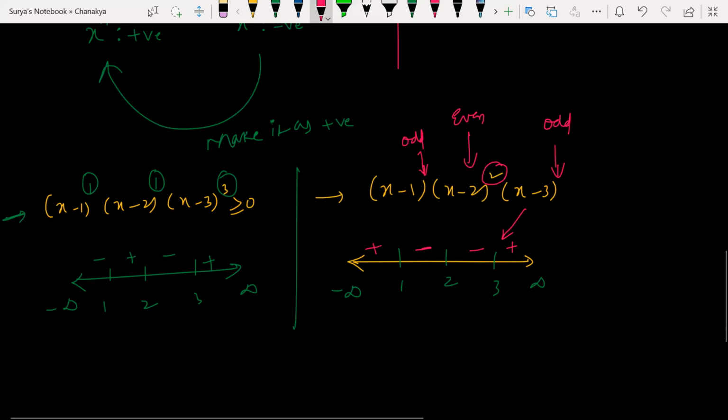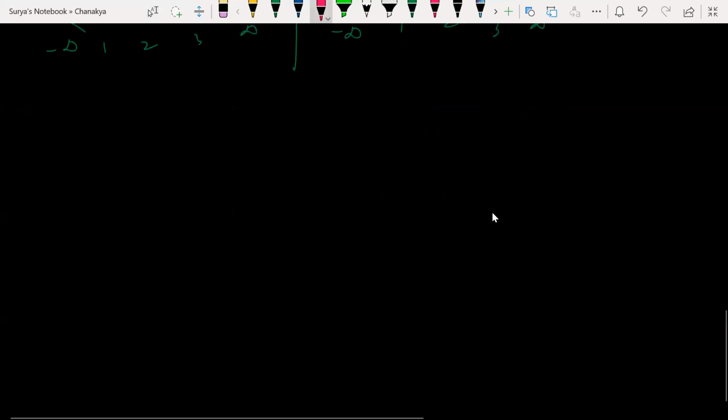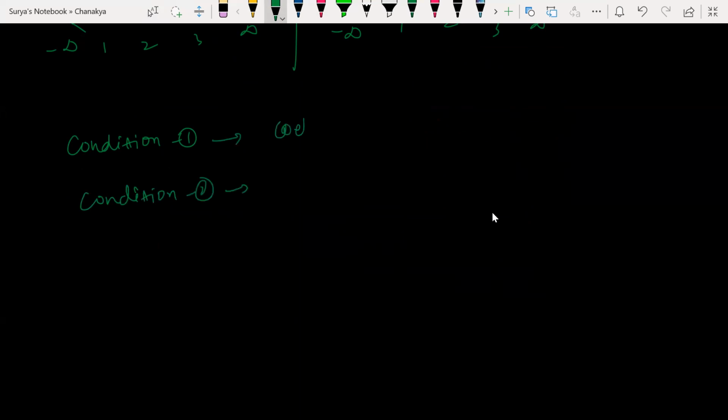What are the two rules here? To apply the Wavy-Curve method, what is condition number 1? And condition number 2? Your voice is breaking, sir. Condition number 1 is the coefficient of x to the power of n should be positive. If not,